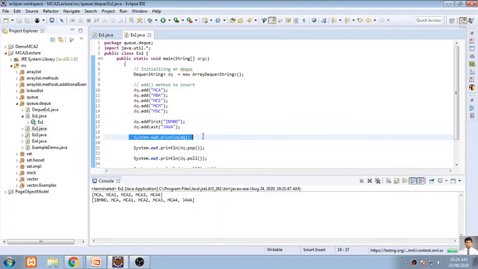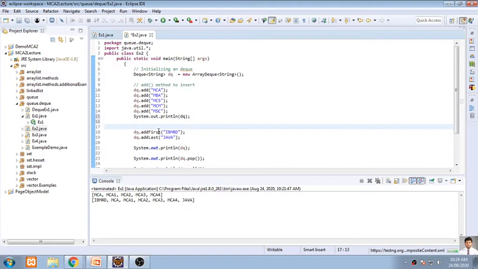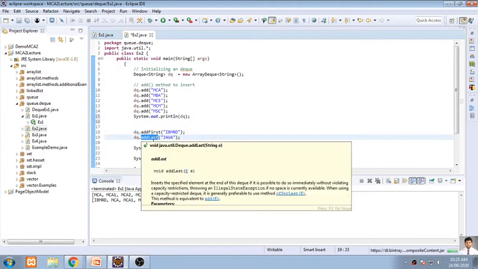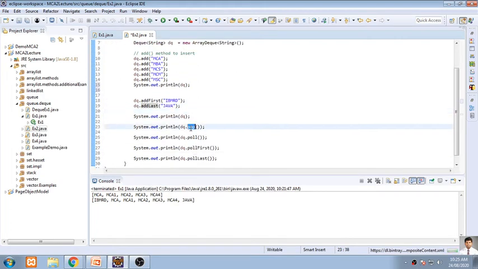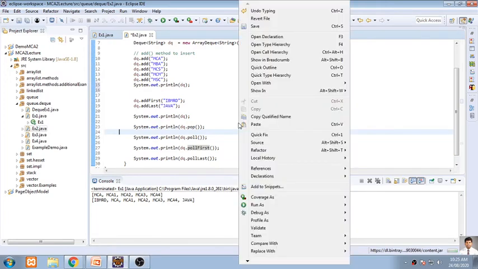I'll display this queue first, then we'll add first and add last. So IBMRD and Java will be added at the first and last position. And after that, we'll go for the pull function, pull, pop, pull first, pull last. So all this will be displayed and we'll get an output in a systematic way.